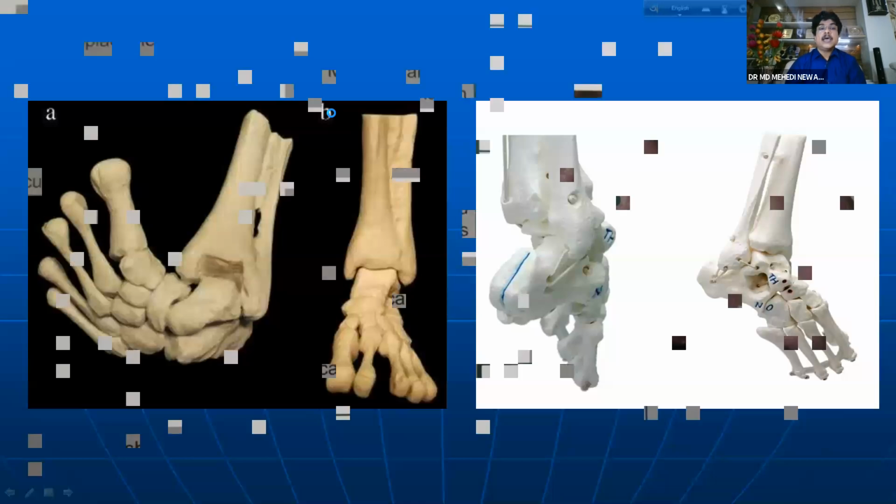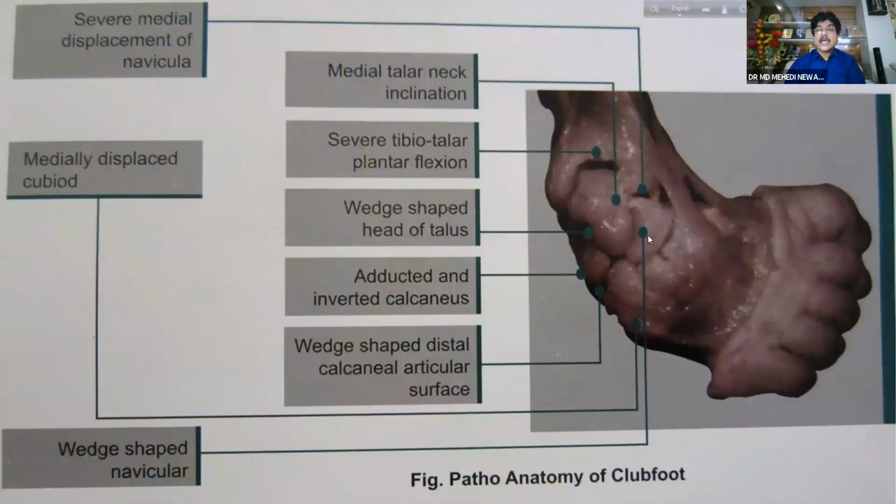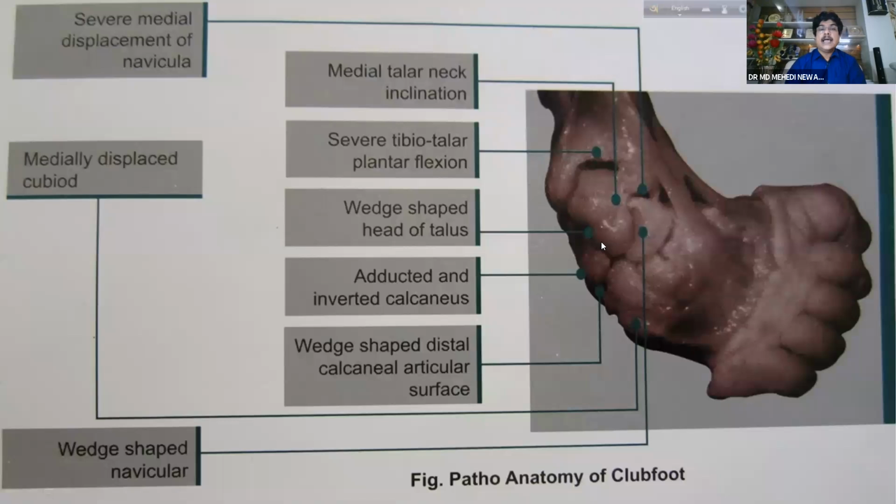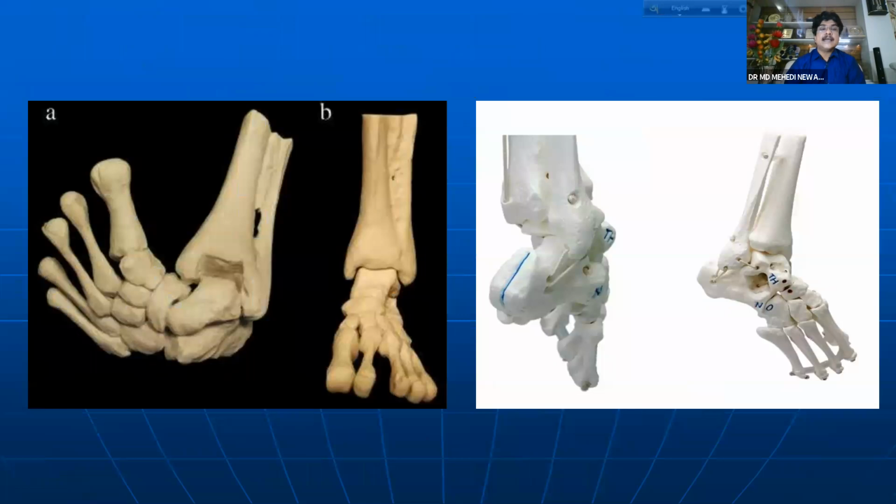You see the picture where that is the severely medially displaced navicular bone, and wedge-shaped navicular is this. It is the wedge-shaped talus, and it is the medially adapted calcaneum, and it is also the figure in sawbone in 3 dimension. You see here,